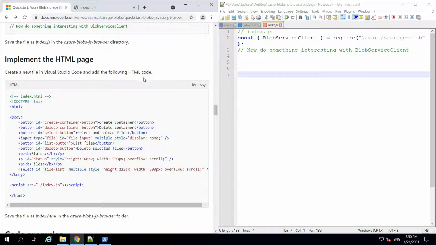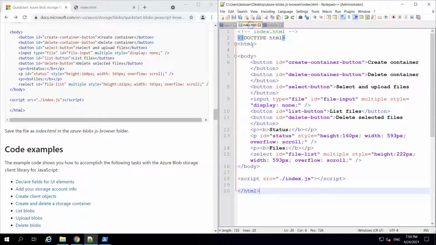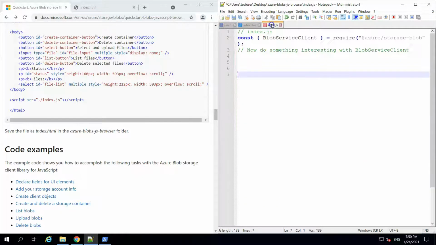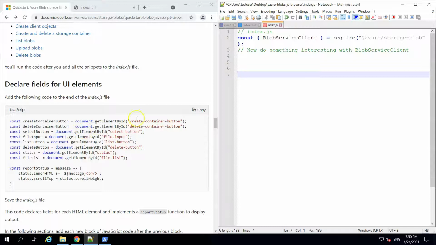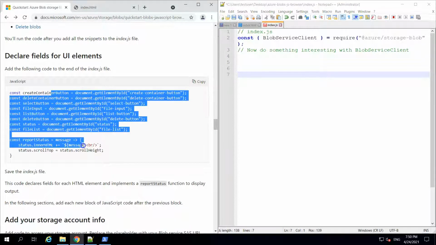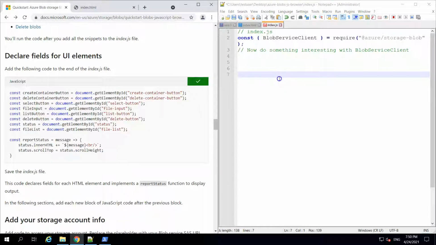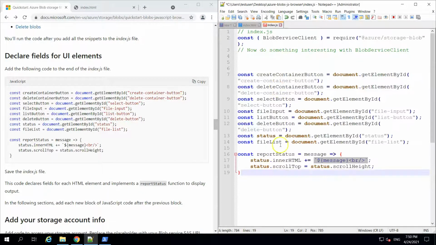This HTML file has certain UI elements, but our JavaScript doesn't know about them yet. So let's declare the fields for each UI element. By doing this, now JavaScript can interact with HTML elements. Pretty cool.